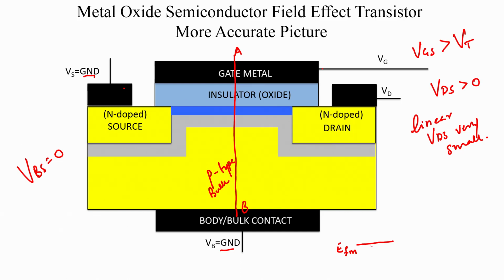You have applied a positive voltage to this, which means that you have suppressed the Fermi level of the metal, and then you have the insulator. So, this is your A, that is your A dash, and from A dash to A double dash we have the region of the insulator. It is only after the insulator that you have your semiconductor, and right now your semiconductor has significant band bending,